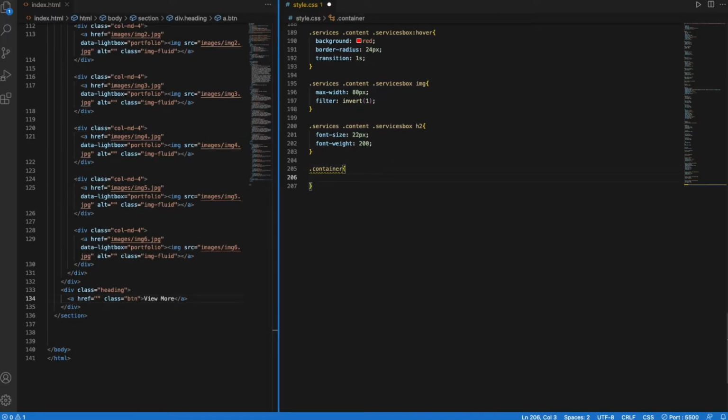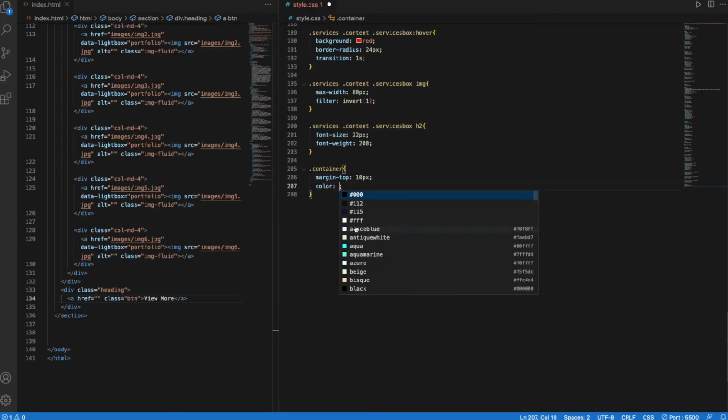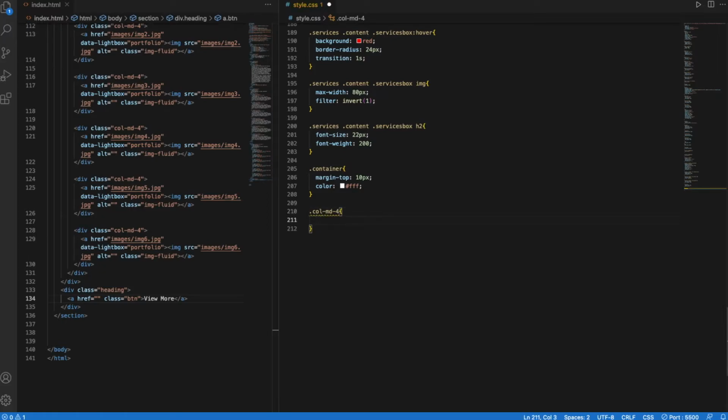Dot container, margin top, 10 pixels, color is white, dot col-md-4, margin top, it's 10 pixels, margin bottom is 10 pixels,